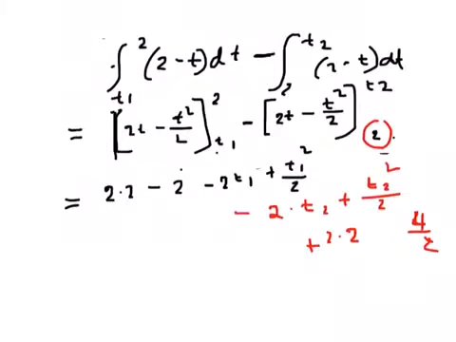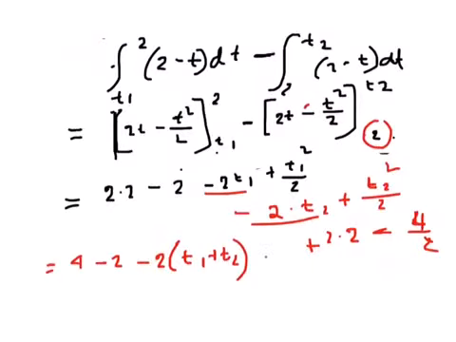This is becoming negative as well, because this sign is negative, this is negative, negative, and this one is the mark, so this is negative. So we are getting here 4 minus 2 minus this one and this one, we can take this out, t1 plus t2, plus if I take the half out, becomes t1 square plus t2 square, just as I have to prove, and